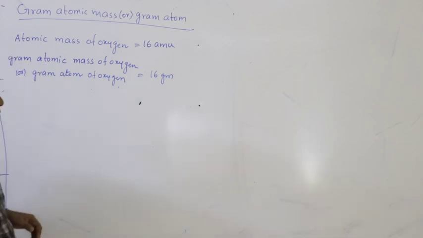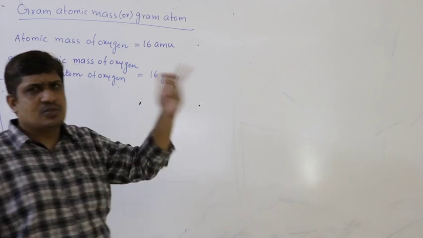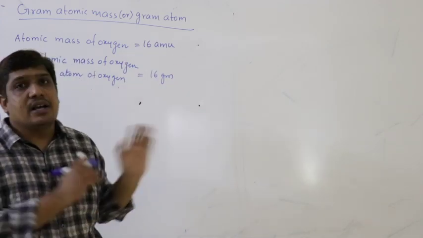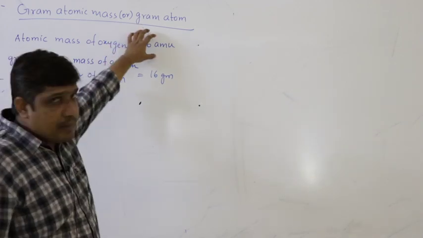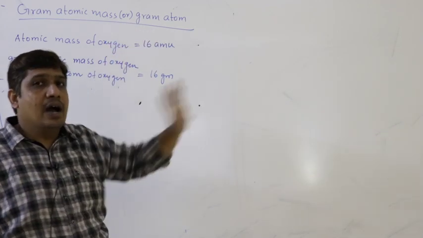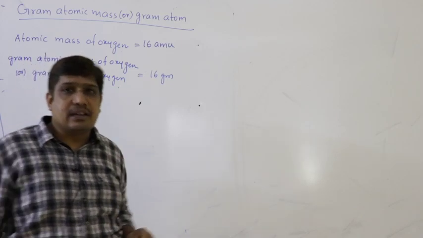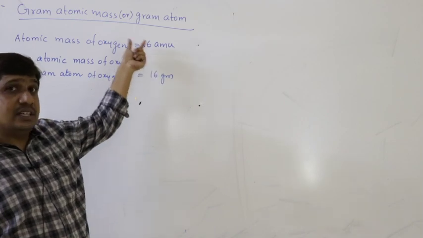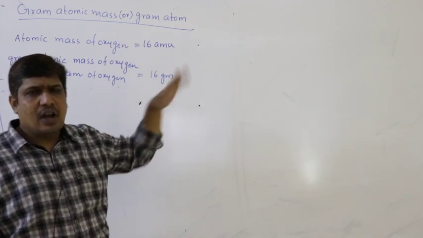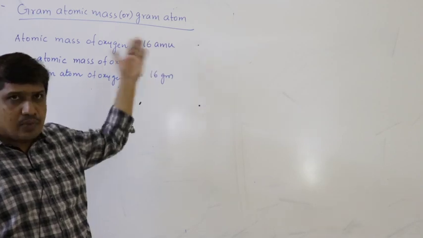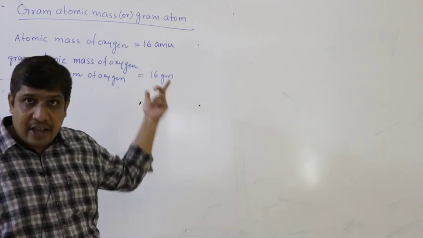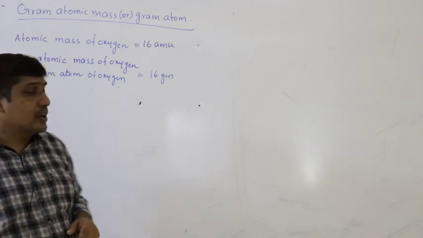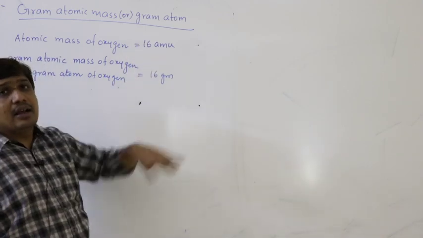Why? See, this is a relative mass which has no units. On a relative scale, we use atomic mass unit. It represents mass. When I substitute this number as mass, the mass units will not be cancelled, because this is a number which indicates mass on a relative scale. On a relative scale, we write AMU, but AMU is not an actual mass unit. To balance the mass units in the calculation, we express the same number in grams.